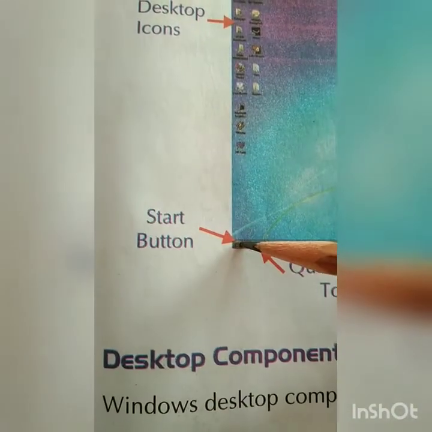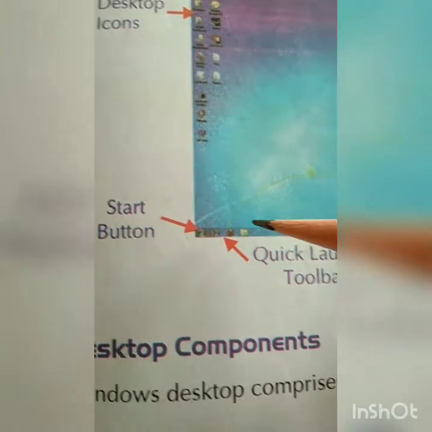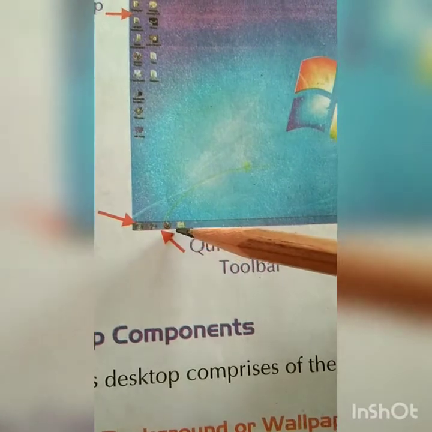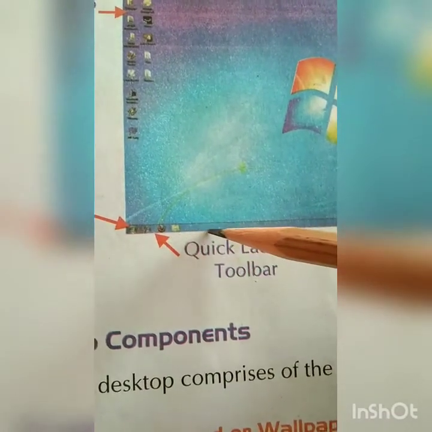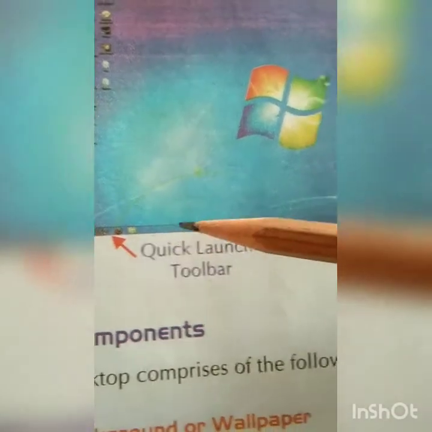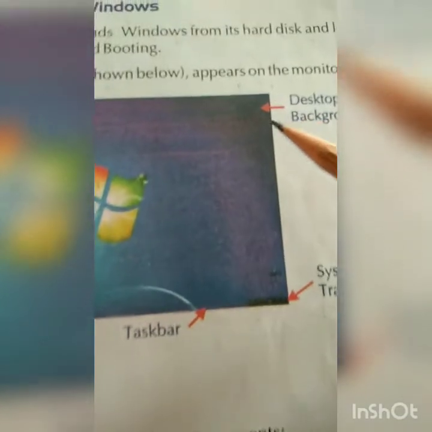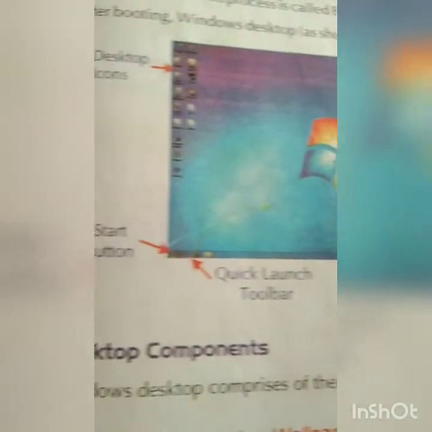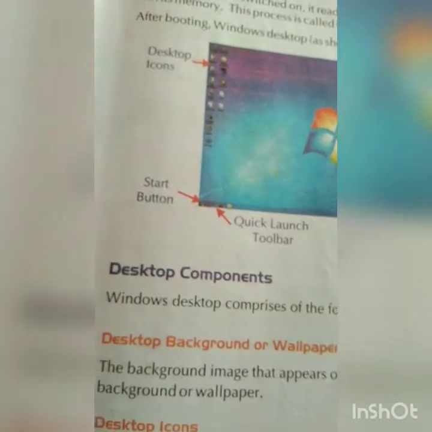Here is the start button, and here is the quick launch toolbar. You can start your work fast from a program you opened once. Then this is the system tray, date and time, and here is the desktop background.